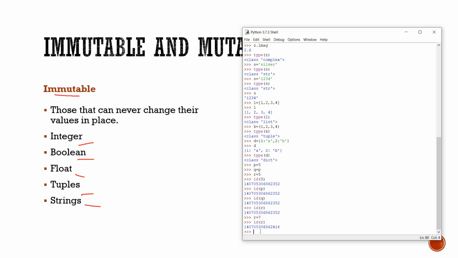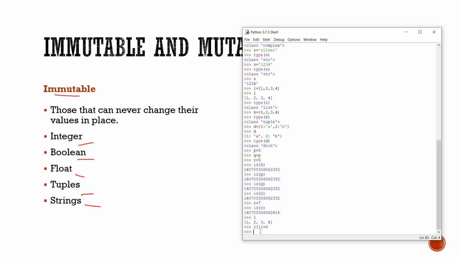Okay. Now we see what happens with the list. So here I am going to L, we had the list as L earlier. Now what I am doing is changing the value at the first position in the list to 8.